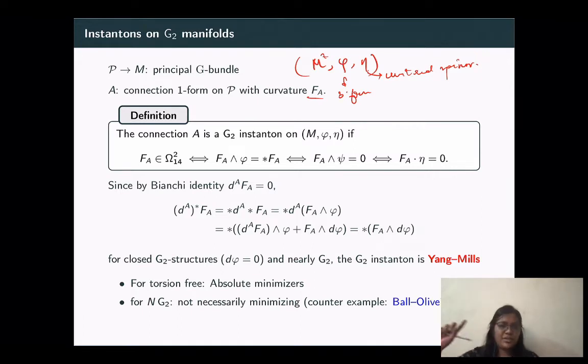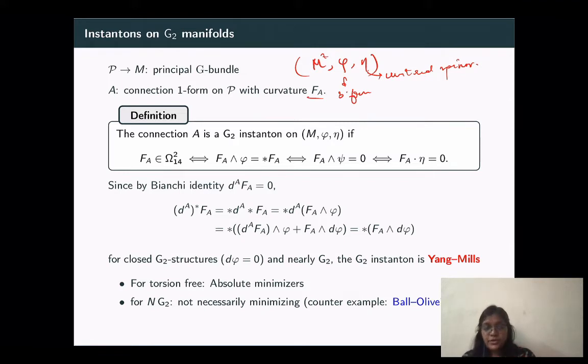This notation is a bit repetitive because you can get phi from eta and eta from phi, but I'm writing it just to keep the notation clear. Both phi and eta define the same G2 structure on a 7-dimensional manifold M, and we say that the connection A is a G2 instanton on this manifold with this G2 structure if the curvature is in the